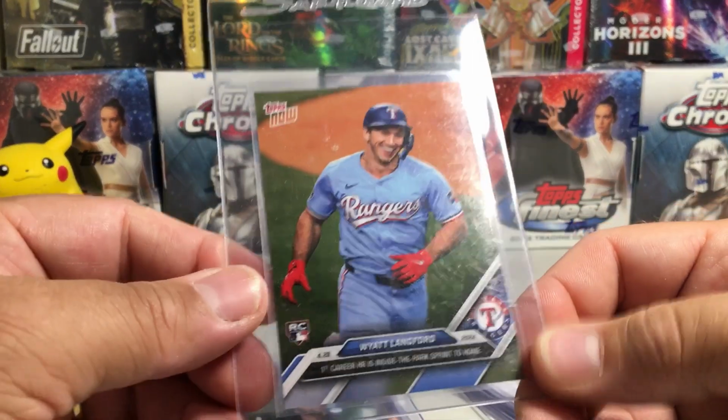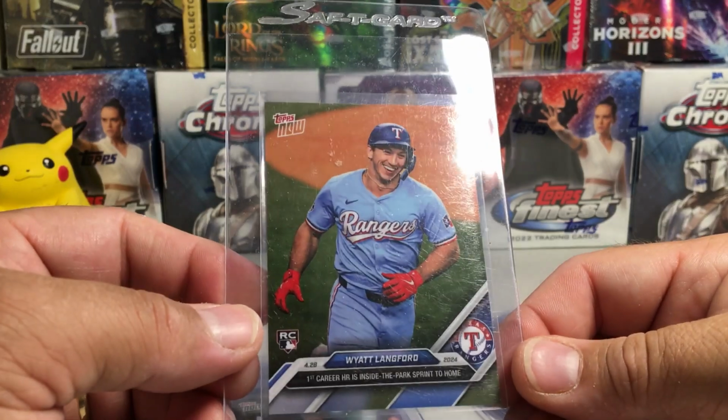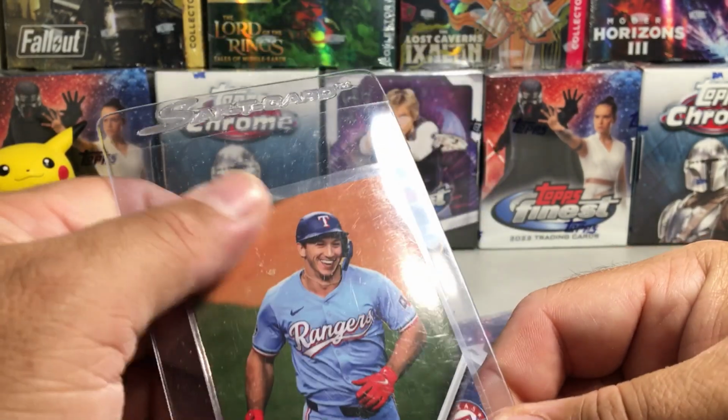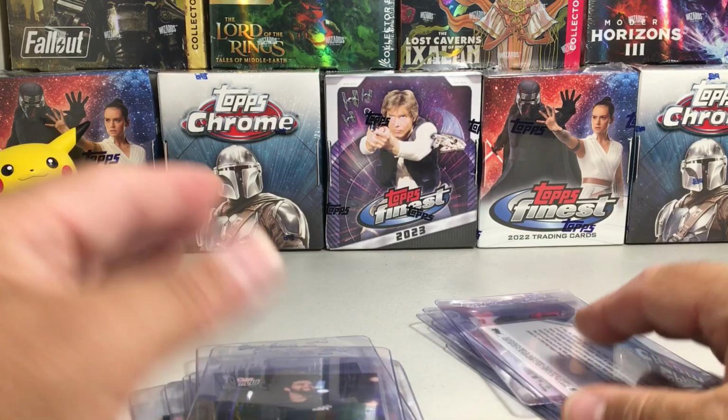Here's the first career home run for Wyatt Langford, an inside-the-park home run. I really like that image too, just overjoyed at getting that hit. This is another thing on Topps Now, is they've been